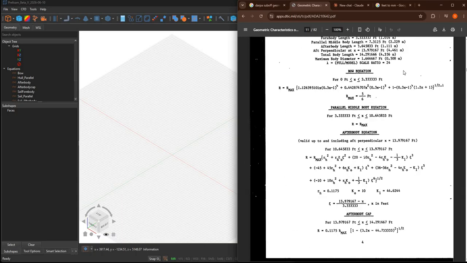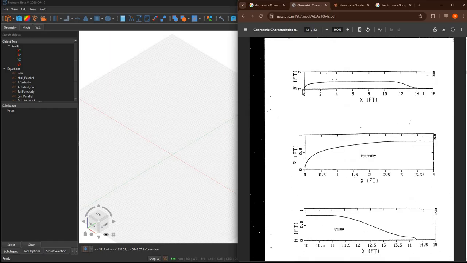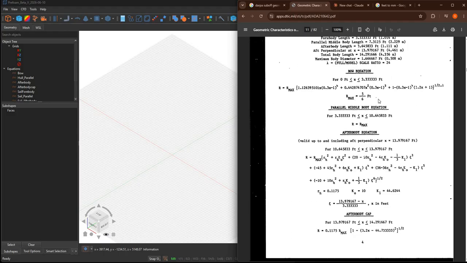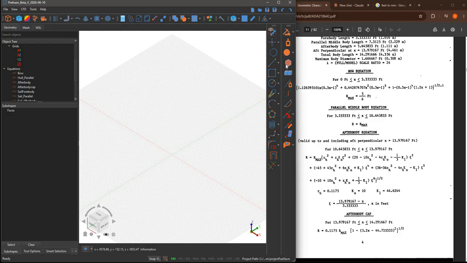descriptions and basically equations for parts of the submarine. So on this page, for example, you will see the bare hull, what it looks like, and the equations describe sections of this geometry. So you need to input this in some form and create points, and from these points you need to create splines, so interpolated curves. So if you go to this icon and then to the menu, you will find a tool called Points from